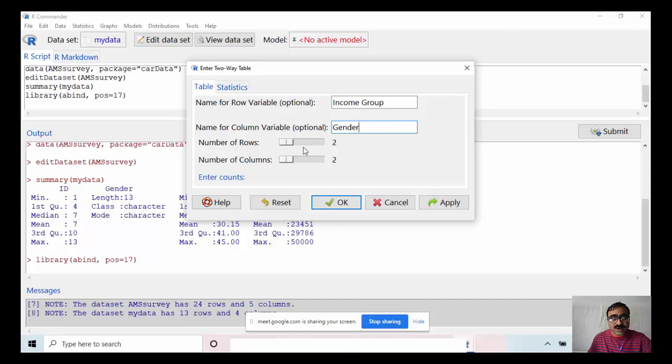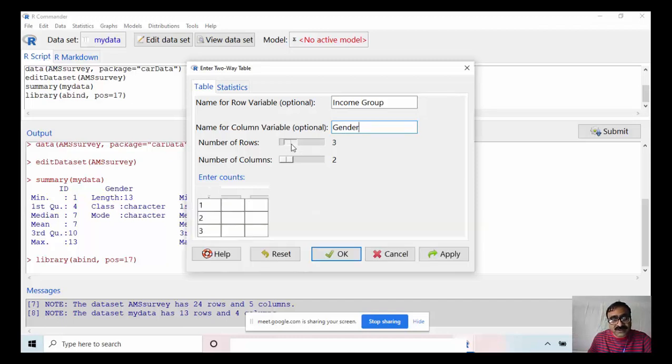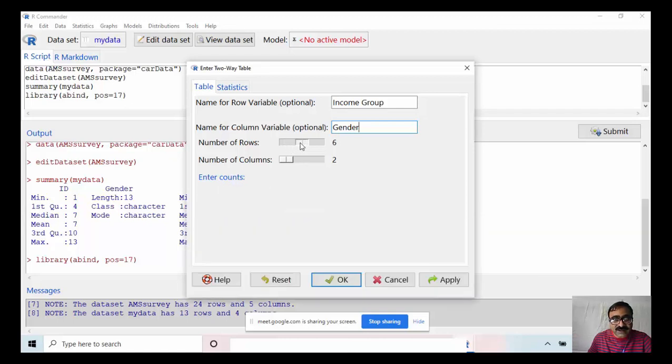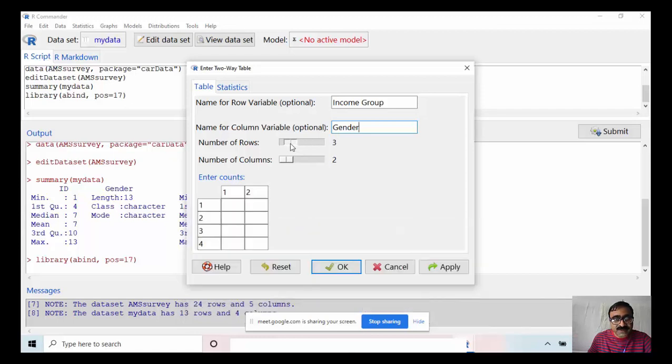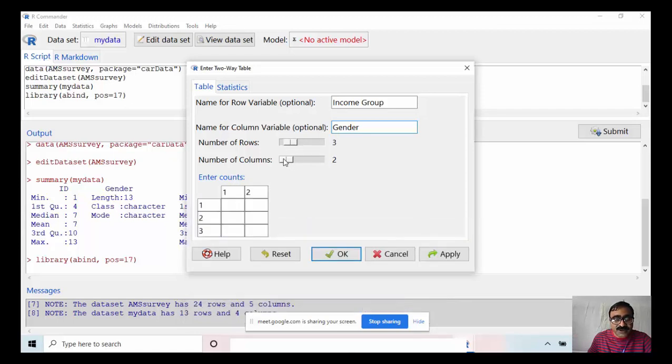So then number of rows, how many income groups are there? I have 3, so I select 3 here. By dragging it to the right side, the number of rows will appear. So 3. Number of columns, by default it is 2 because gender, male and female, are 2 groups.